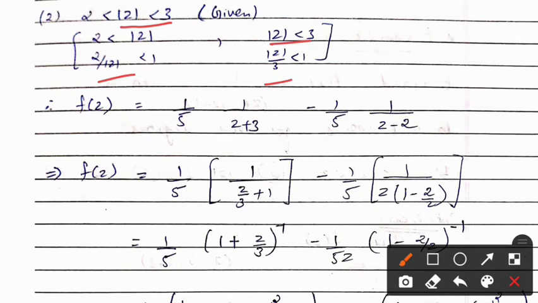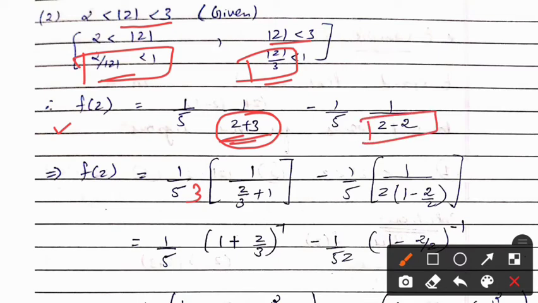Now let me move towards the function. Here everything is in plus sign. Okay. So I must get 1 plus something. 1 plus what? 1 plus z by 3. To get z by 3, I have to take 3 common from this term. So if I take 3 common here, I get z by 3 plus 1, or you can say 1 plus z by 3. In the same way, here you want 2 by z. So I have to take z common from this term. If I take z common from this term, I get 1 minus 2 by z, which is my required value.